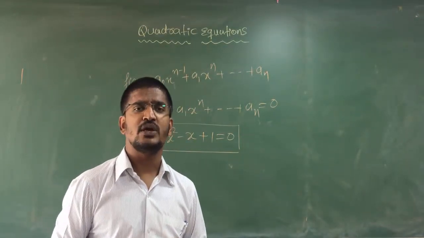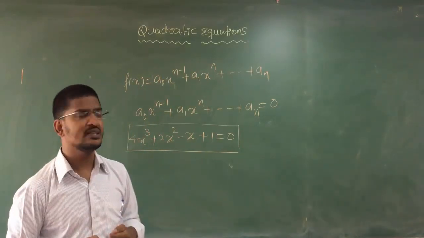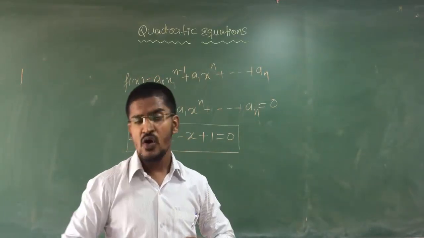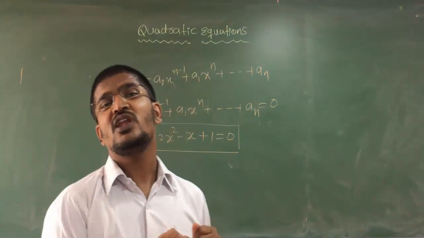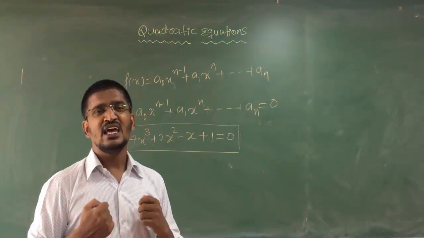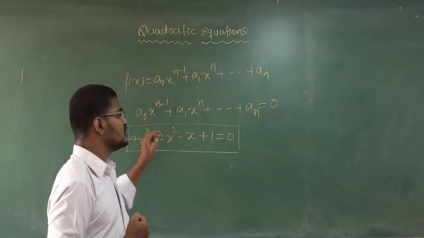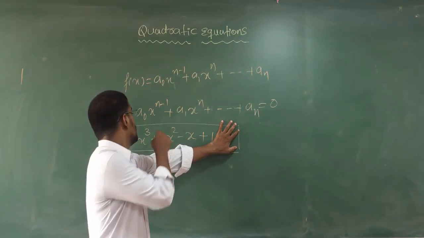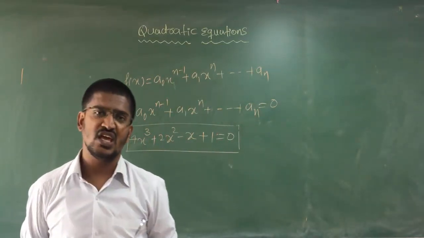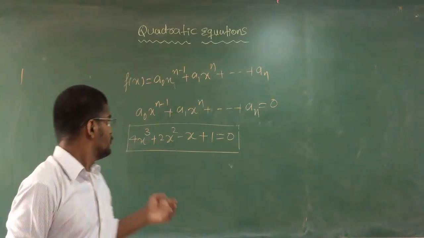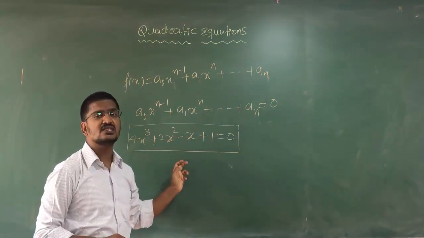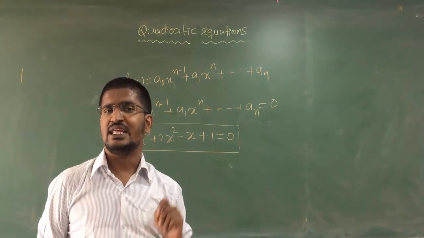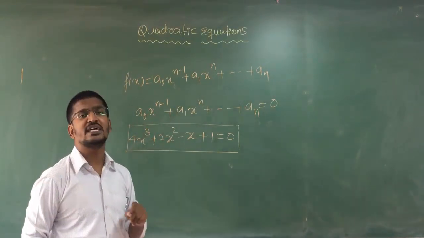If the polynomial has to be called an equation, you must know that it will be equal to 0. After equating this to 0, now you can find the roots of the polynomial. That is nothing but now it is called an equation. This is the equation of degree 3, or if it is not equal to 0, a polynomial of degree 3. Have you got my point? Therefore 4x cube plus 2x square minus x plus 1 equal to 0 is an equation of degree 3 because the highest power is 3.